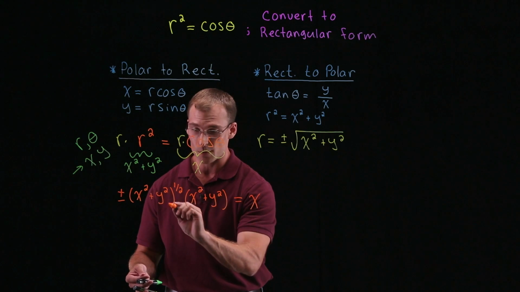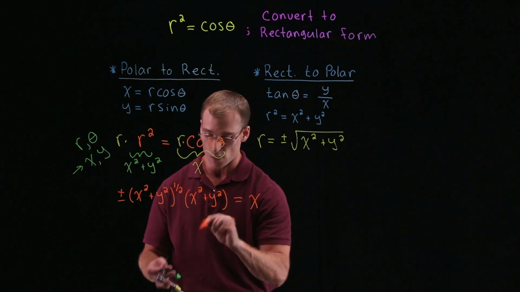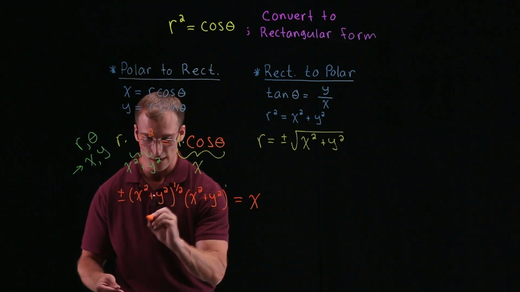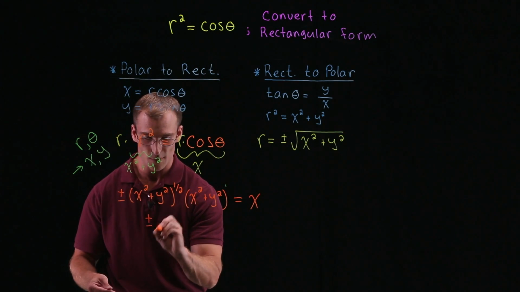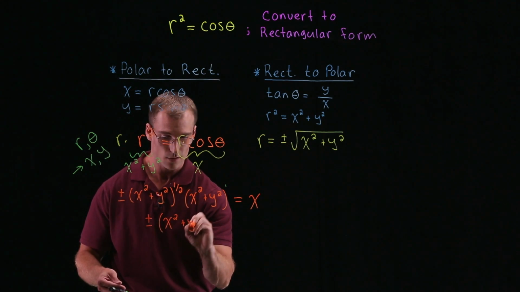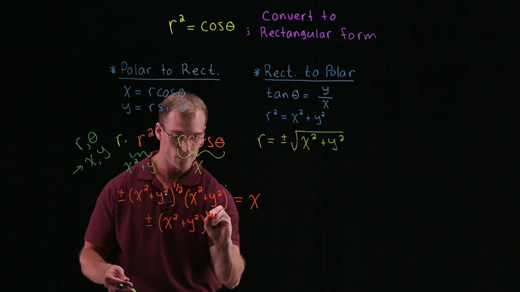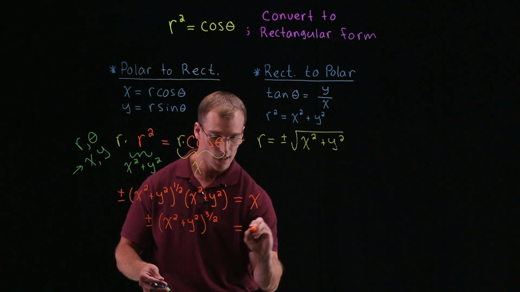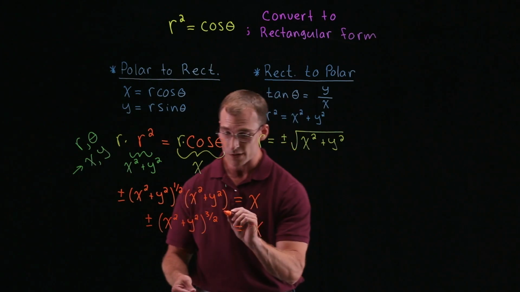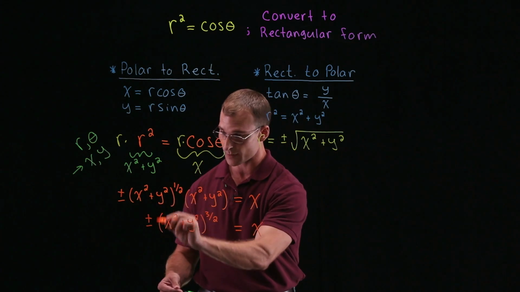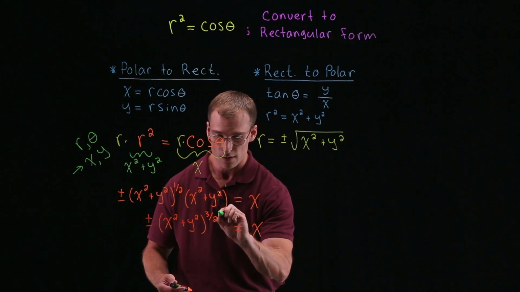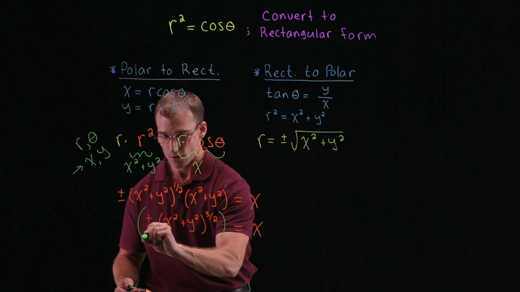So we see that we have x squared plus y squared to the 1/2 and x squared plus y squared to the 1st power. So we can actually combine these. The left-hand side, the plus minus will stay, but it'll be plus or minus x squared plus y squared to the 3/2, and that's equal to x. And we can take this a little bit further. If we want to get rid of this 3/2 power, and especially maybe this plus minus, if we raise both sides